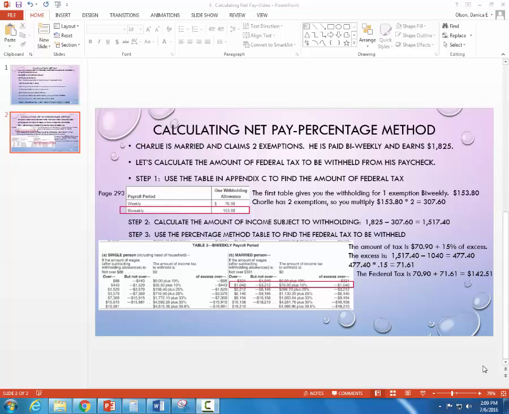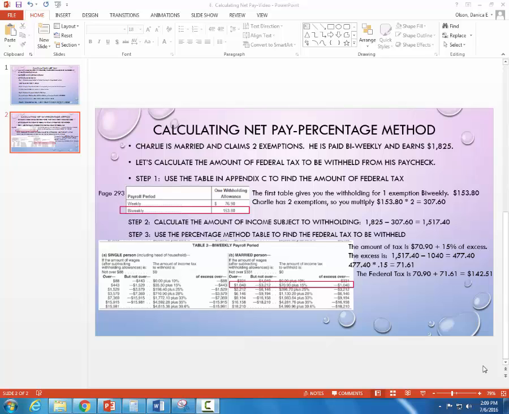Let's calculate the excess. The excess is $1,517.40 minus $1,040 to get $477.40. We now take the excess and multiply that by 15%. $477.40 times 0.15 is